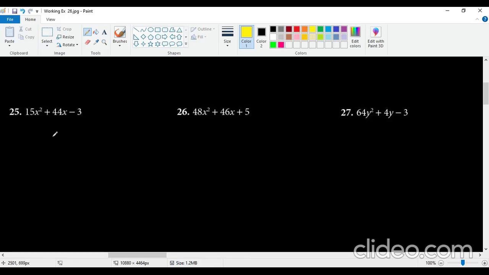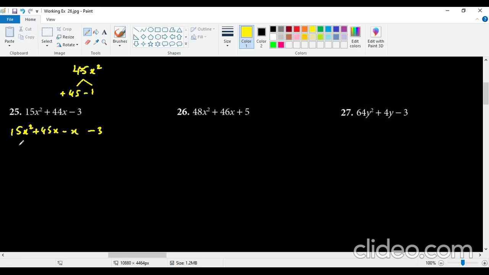For question number 25, 45 I'll get by multiplying 15 times 3, which gives us 45x square. Now splitting 45x square in such a way to get a plus 44, the only way is to add and subtract 45 and 1. So 45x and minus 1x is going to give us a plus 44. So I will write 15x square as it is, minus 3 as it is, and plus 45x and minus x